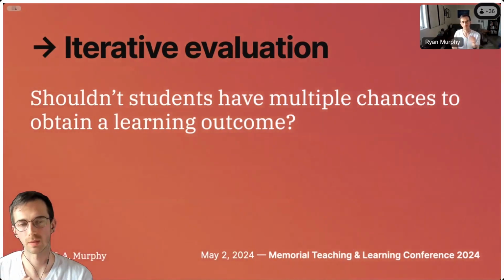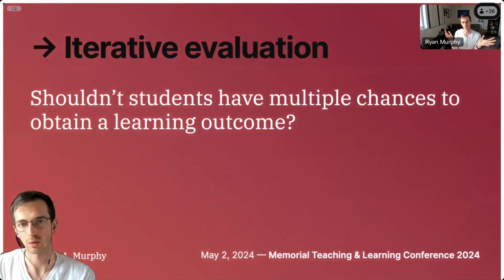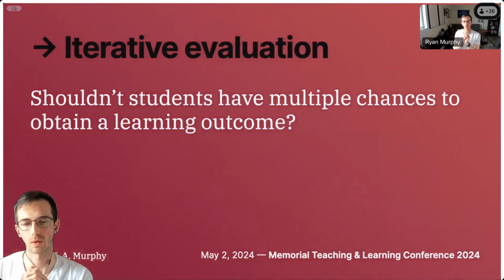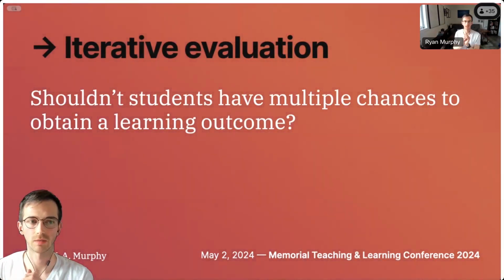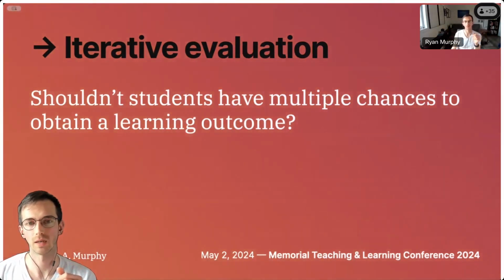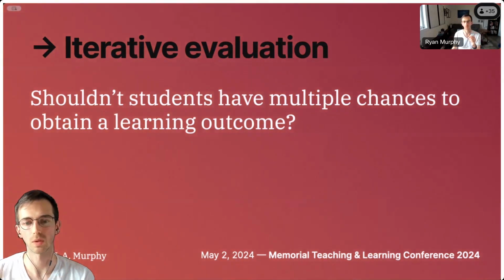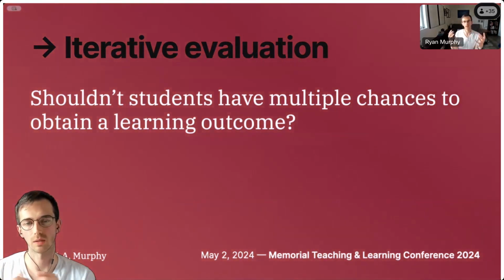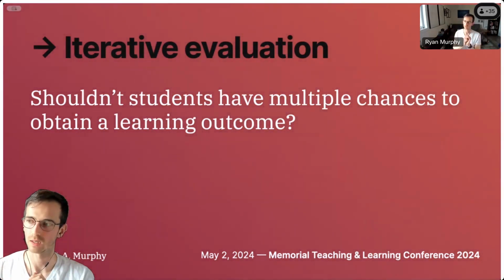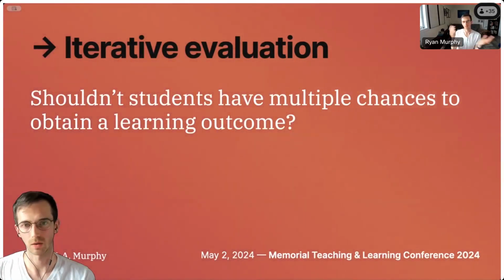So I think this is my last slide. I think the takeaway is iterative evaluation, what Garrett actually just mentioned. This idea of whether we can find a way for students to have multiple chances to obtain learning outcomes. And follow-ups might be one of them. Maybe it's completely flawed, and I'd love to hear why. But I'm wondering if there's more to this that we can work on to find ways to do iterative evaluation. And the reason I'm excited about this is because I think, given access to modern learning management